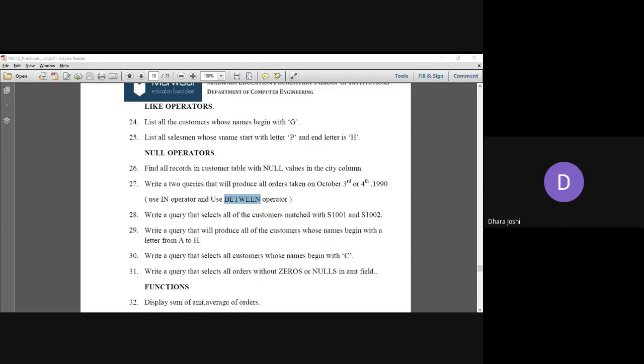Every time only selected students are giving the response. What about the rest of the students? You need to build the query by yourself only. In the exam, if they ask this kind of query, then at that time it will be very difficult if you are not going to practice it properly.